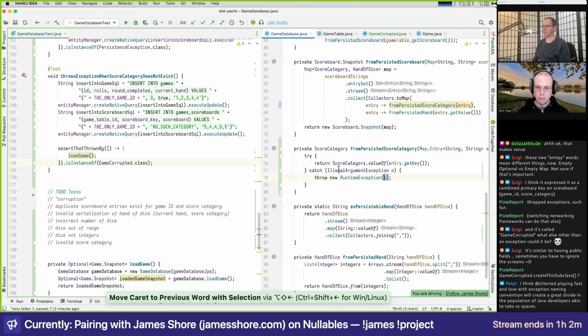So we'll throw. Do we want to wrap the exception when we do our incorrupted? I don't think that's necessary in this case. I don't either. Now, this gets...